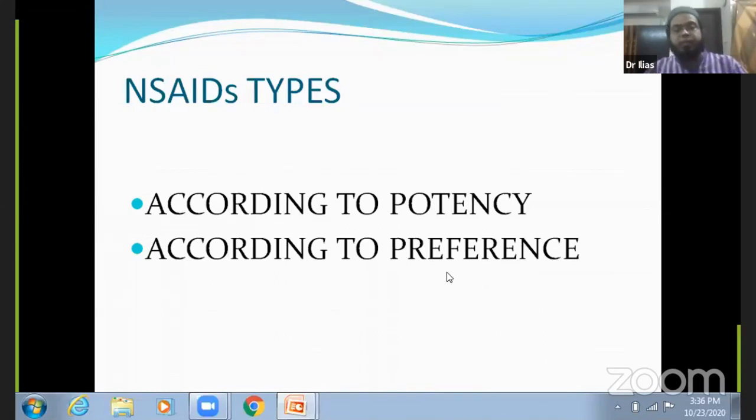Say a patient has peptic ulcer disease, a patient has a respiratory problem, a patient has osteoarthritis of the joint. In this case, all kinds of anesthetic won't be equally effective to reduce the pain. So we must be selective in selecting the anesthetic, because after prescribing the anesthetic, the patient will get support to reduce the pain.